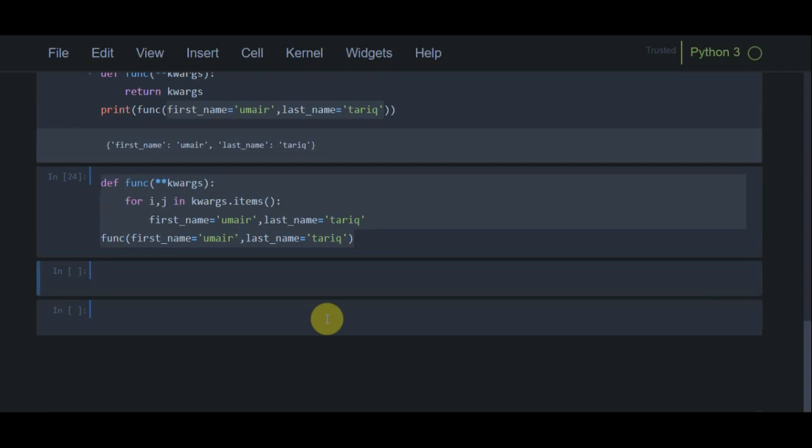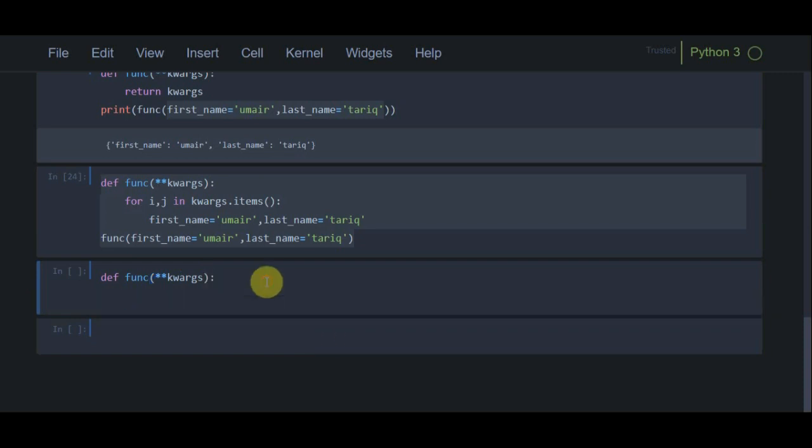Now let's proceed. Similar to *args for lists and tuples, in kwargs we can use it to unpack the data. So how can we use double star kwargs to unpack the data? I am going to use the same function, with double star kwargs.